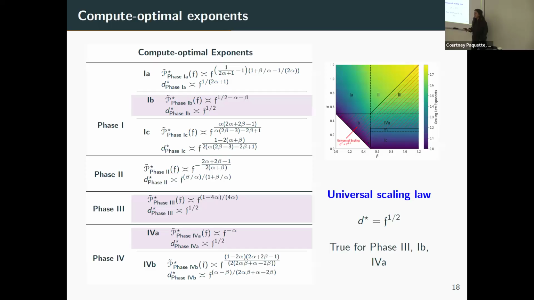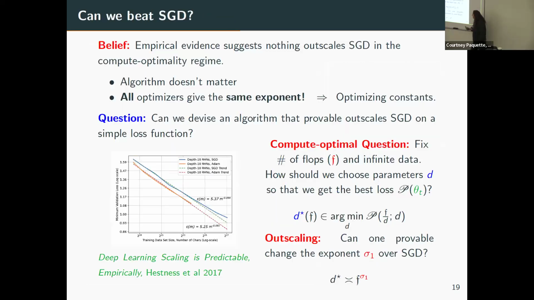Everyone okay? Okay. This, by the way, this FLOPs^(1/2) is exactly what was empirically happening in Chinchilla. So it agrees with what Chinchilla would have said for how you should scale your thing. Any questions? Okay, I have a little bit of time.